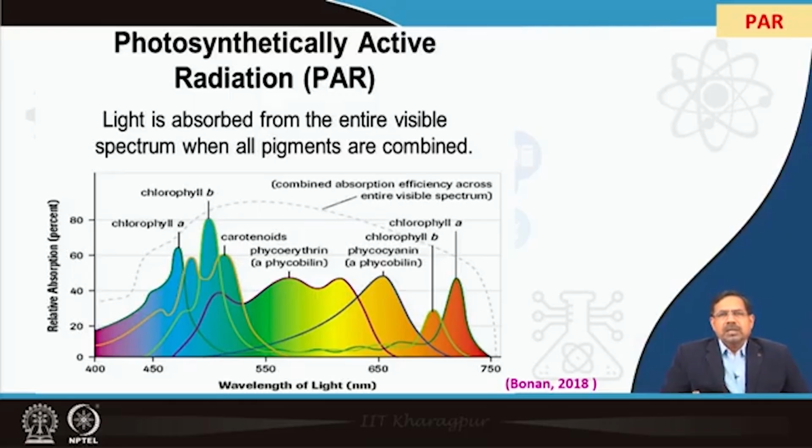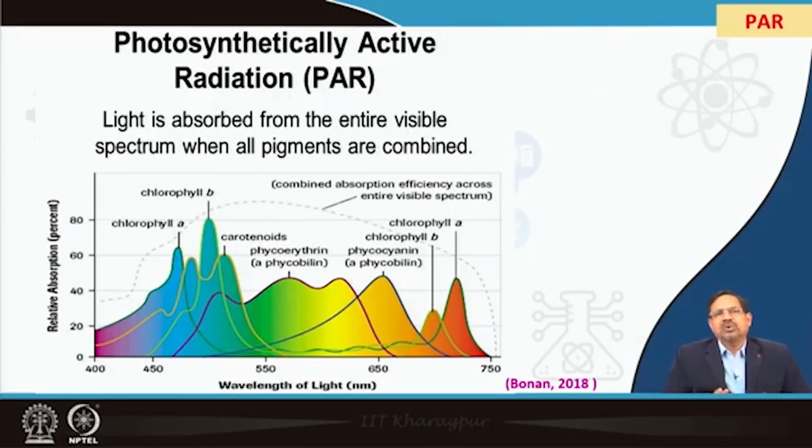So, what does it mean? We all know the total electromagnetic spectrum, starting from cosmic ray, X-ray, gamma ray, UV, visible, then microwave and the radio waves. The part between 390 to 760 nanometer is in the visible range. Our eyes are sensitive to the visible range, so we can see things in the visible part of the electromagnetic spectrum, all of us know it. This part, mostly in the visible range, is active for photosynthesis.